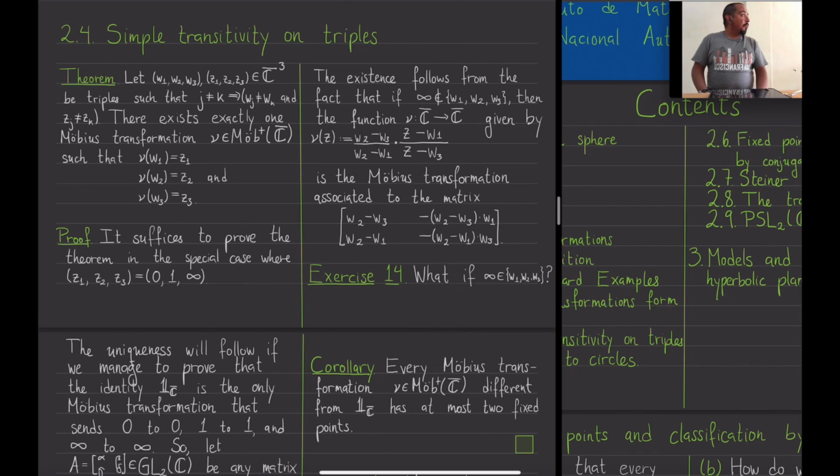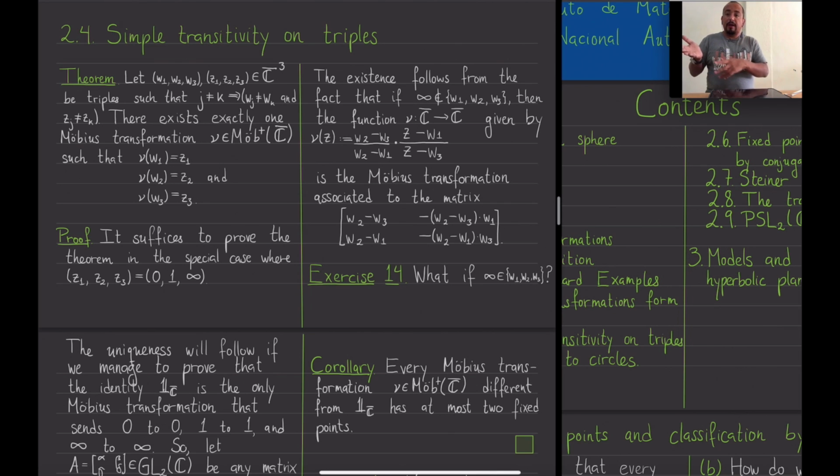Okay. On the other hand, if you give me two pairs, two ordered pairs of distinct points in C bar, well, I know that there is at least one Mobius transformation sending this one to this one and this one to this one, but actually there are many, right? So in the case of